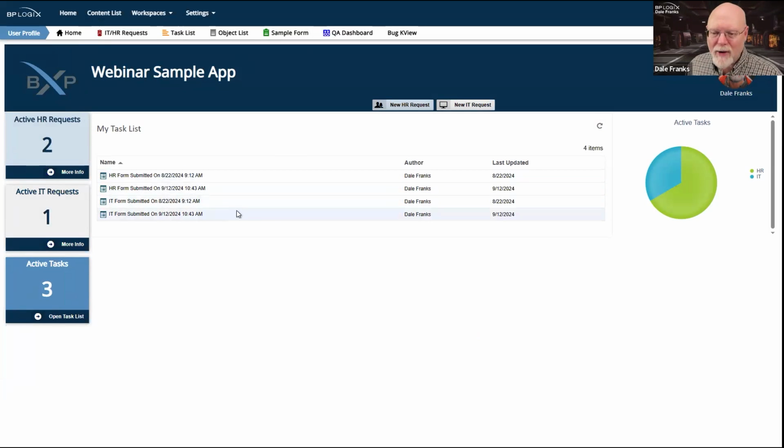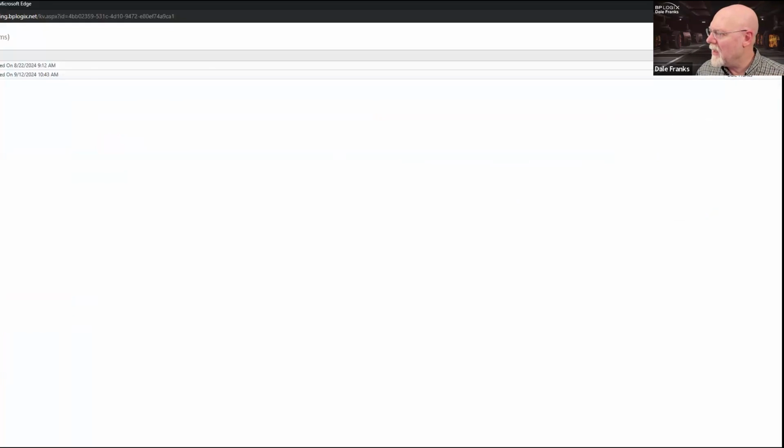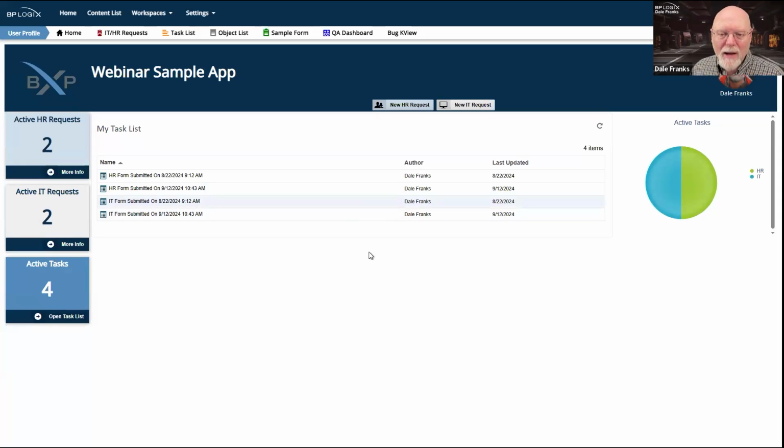And look, I've got 4 tasks. Everything I need is here. If I want to see my active IT requests, I can click on the appropriate link on the sidebar. Everything works. Because I've encapsulated the UI in this dashboard, I can now add this dashboard to my main workspace.